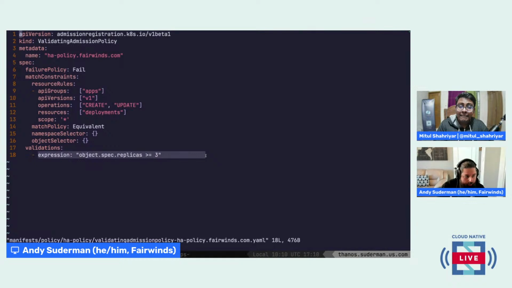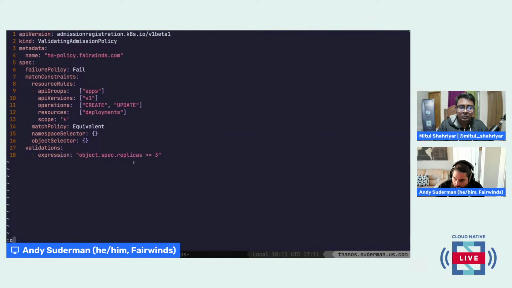If I'm using a horizontal pod autoscaler, I don't need the replica count to be set on this deployment at all. Actually, it's a bad thing to set because it will cause flapping with the replica count. And so this is where we start to highlight some of the limitations of CEL. It can't be context aware because it's done at admission time of a single object. And there's no way to say, okay, only do this if it doesn't have an HPA. So that's one of the limitations of validating admission policy right there.